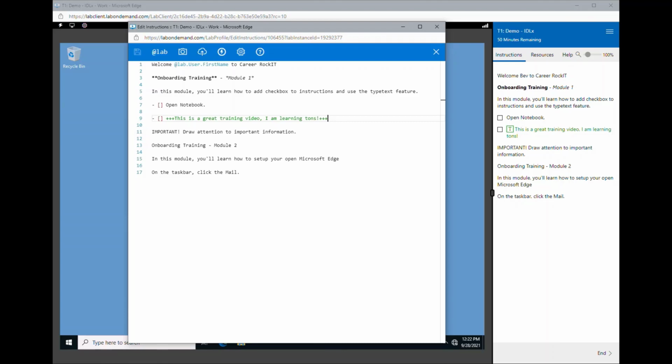So the next thing that we want to point out is that sometimes your students might face some challenges. So if I want to draw attention to that important information and I don't want it to just blend with the rest of the instructions, I can add an alert box, and this will add a red box and the icon around the information. So going back to the cheat sheet,